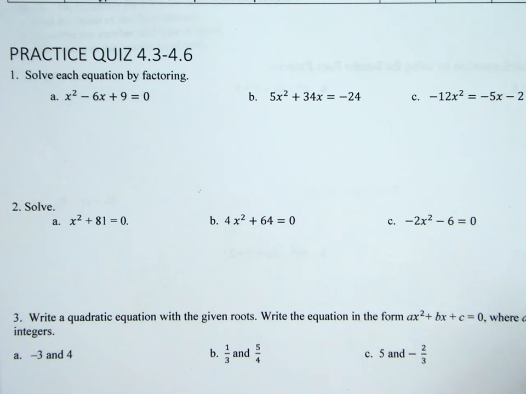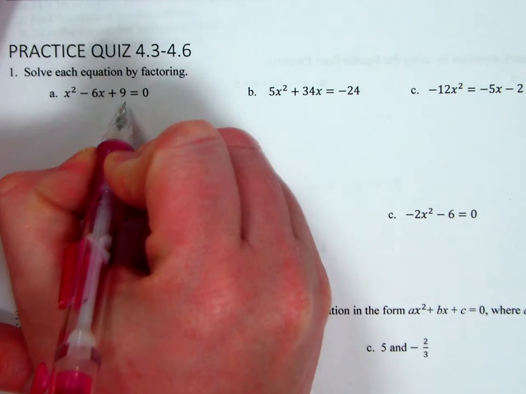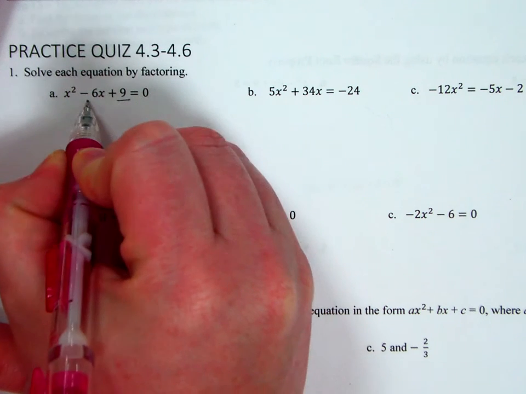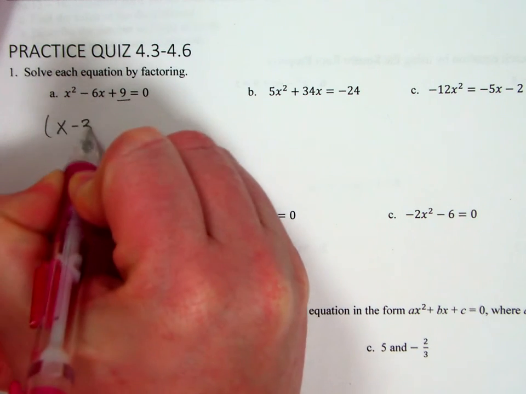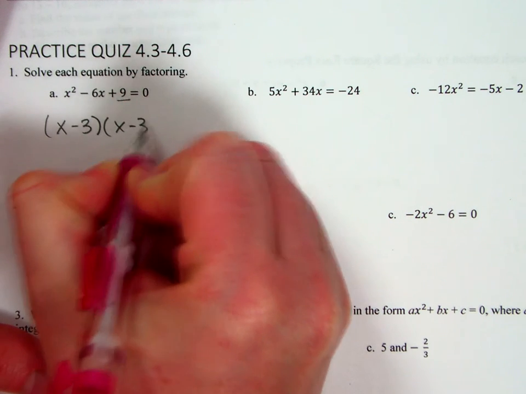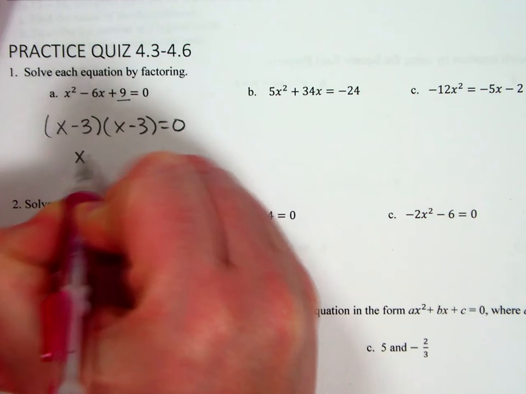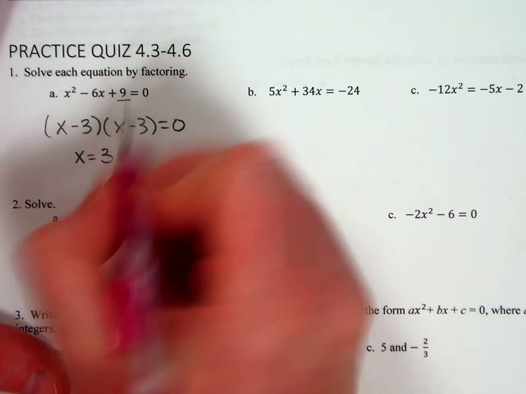Alright, so we're going to solve each equation by factoring. To start, factors of 9 that add up to be negative 6 are x minus 3, x minus 3 equals 0, x equals 3, it's a double root,